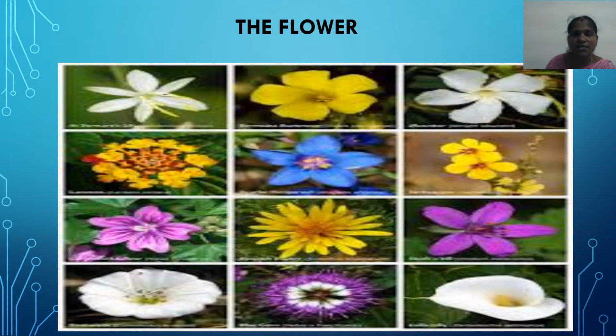We discussed the functions of the leaves. The next part, flower. Observe the picture. We can find many colorful and beautiful flowers. Yes, the flowers only make our world beautiful. Am I right? It's a very colorful world, meaning many different kinds of colorful flowers are present. So it is also a very important part of a plant.